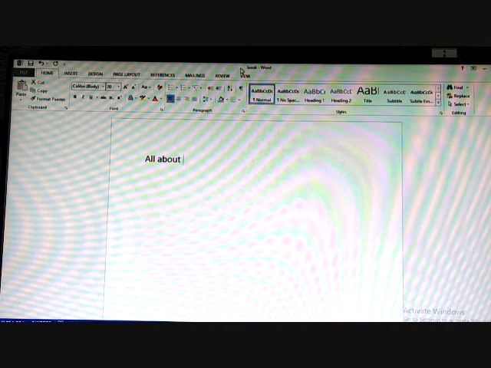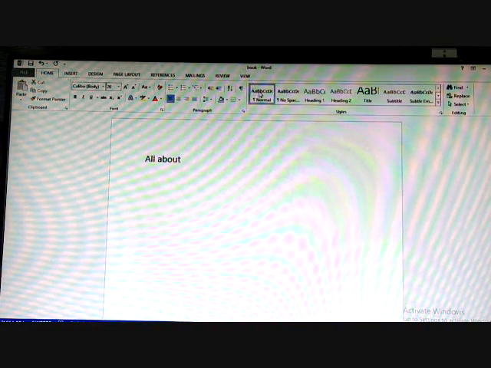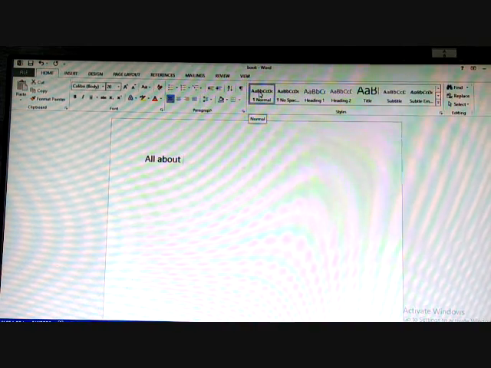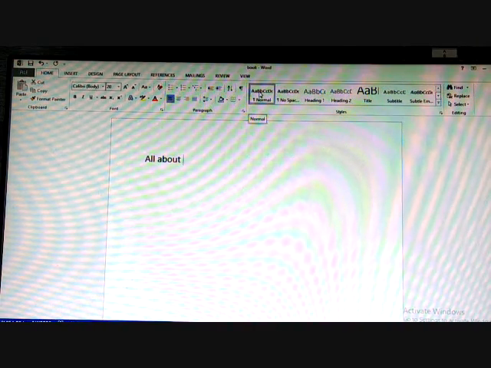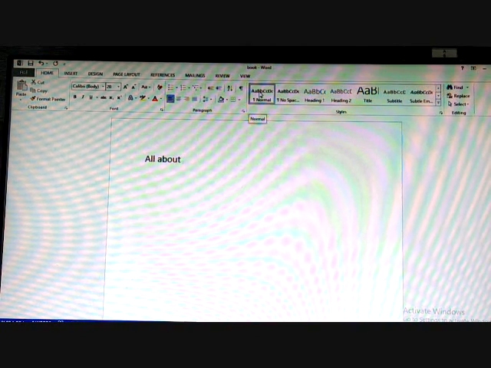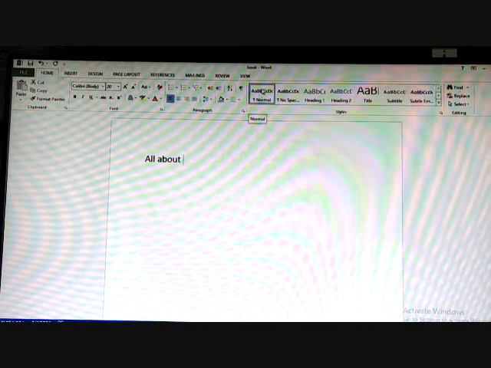Suppose the next topic is how you can open an existing document. If you want to open an existing document, what do you mean by existing document? Means the one you made earlier, sometime in the previous class, and saved, and you have to open that same document again. That is called opening an existing document. You have to open the same file again.